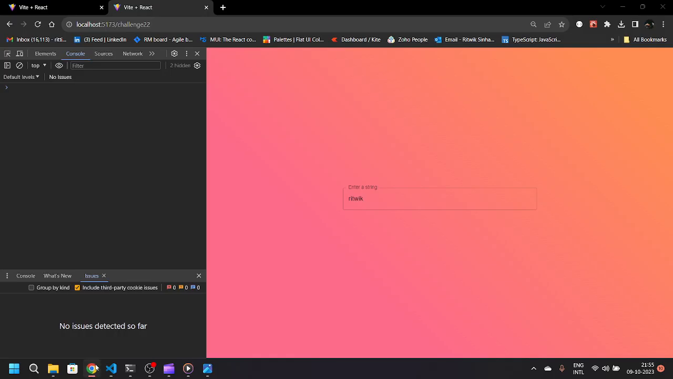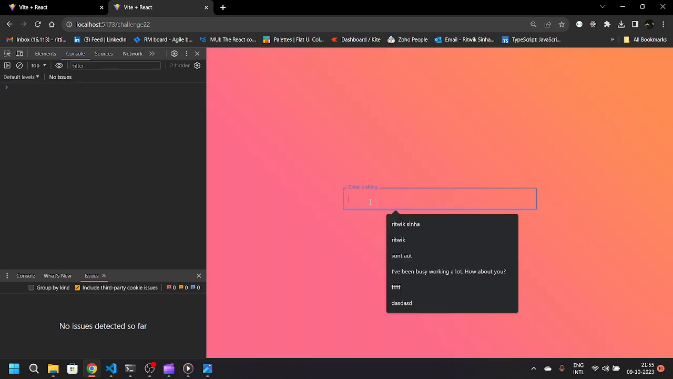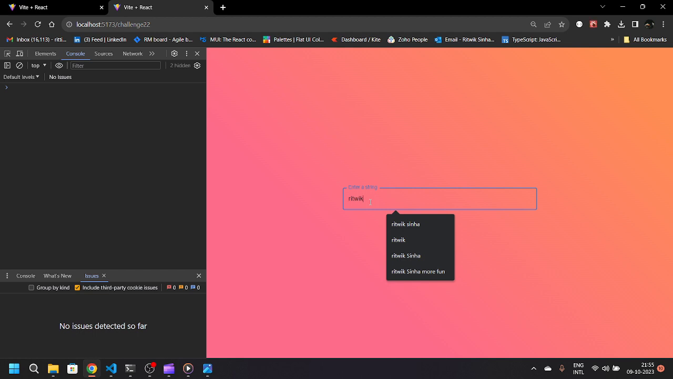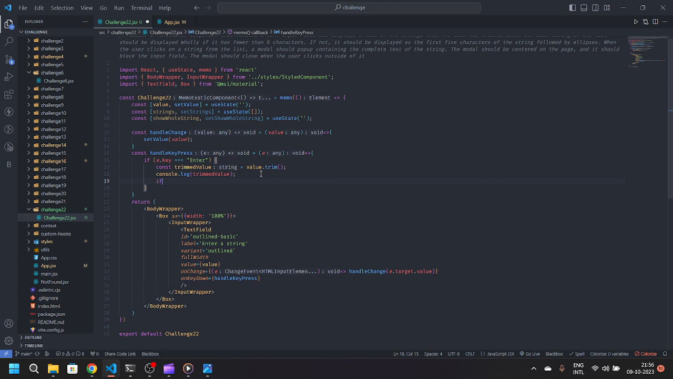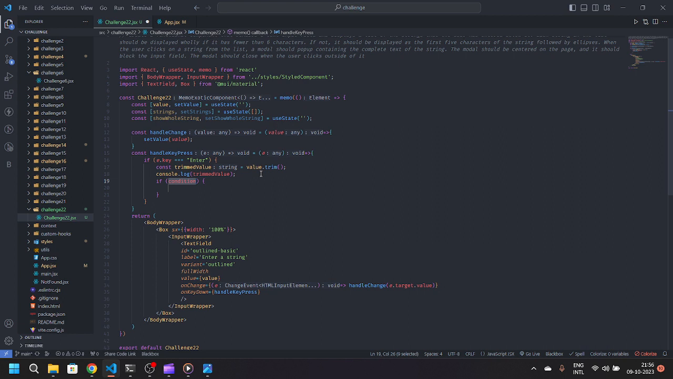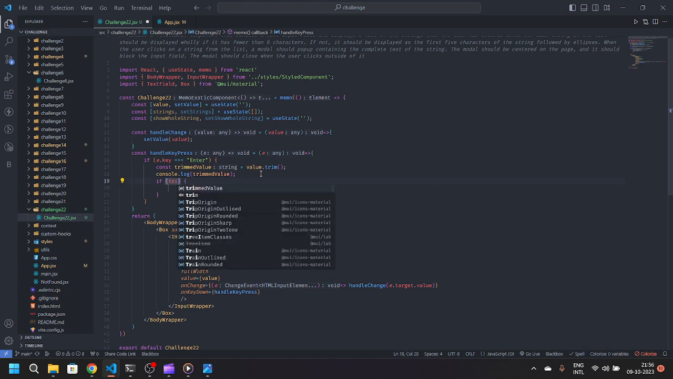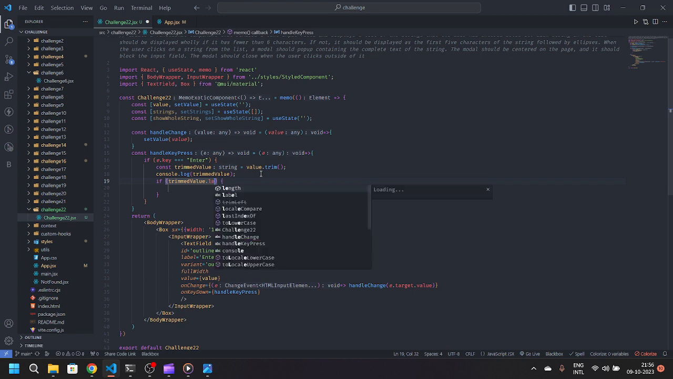So on hard refreshing, when the user writes, let's suppose I write Ritvik, on pressing enter we will get Ritvik. So this is the trim function you can use for trimming values. Now we will proceed to our next statement. When we get our trimmed value, we will check if trimmedValue.length is greater than 0,